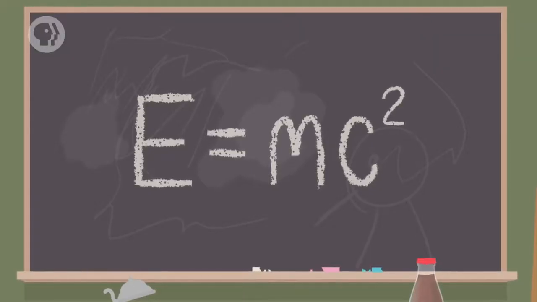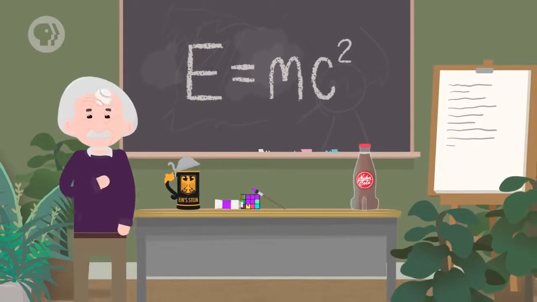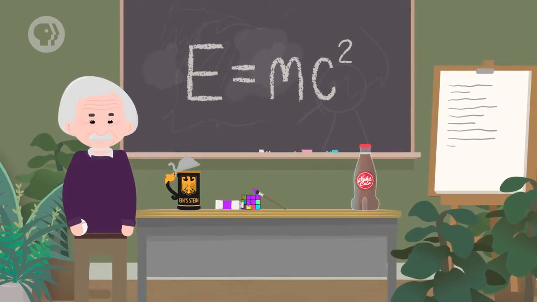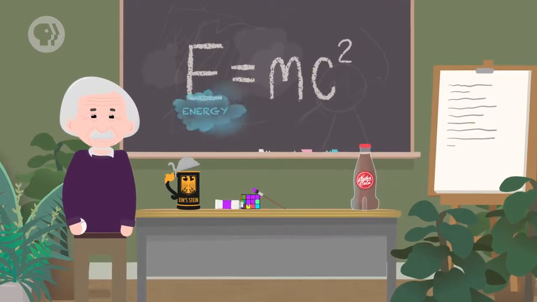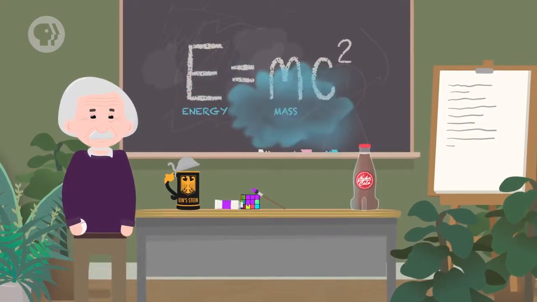E equals mc squared. You hear it all the time, but what does it mean? During his study of special relativity, Albert Einstein found that mass and energy are equivalent and that they could be converted back and forth between one another. He described that relationship mathematically, saying that the energy of a particle is equal to its mass times the speed